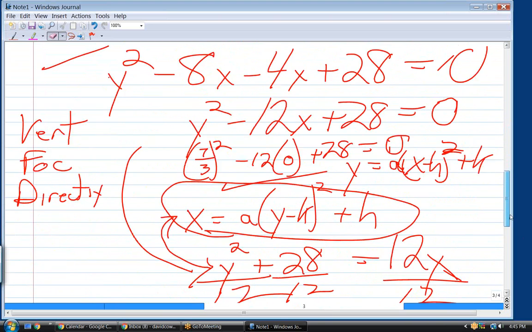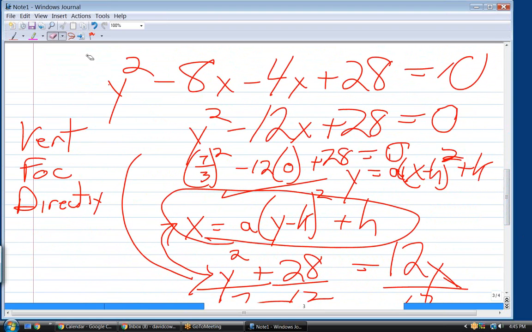First of all, let's go back and examine the original equation. Can you check that and make sure that we got that right? That doesn't seem right to me. Y squared minus 8x minus 4x plus 28. Okay. So, here's the